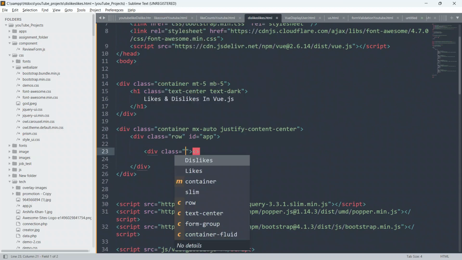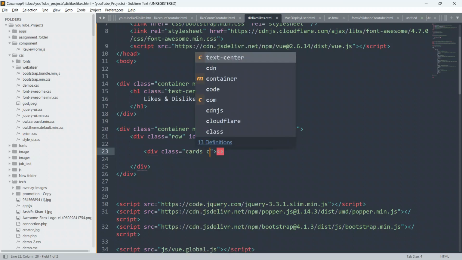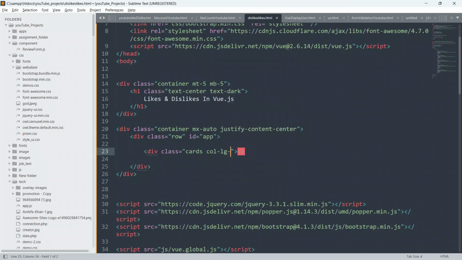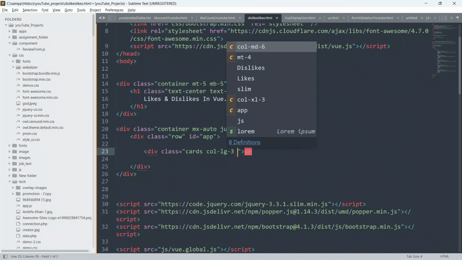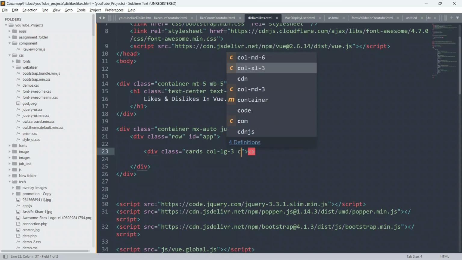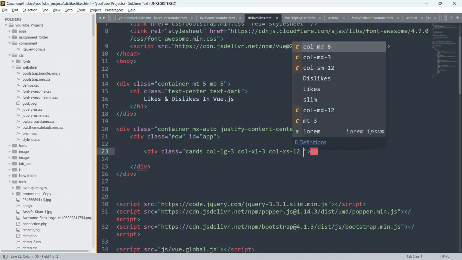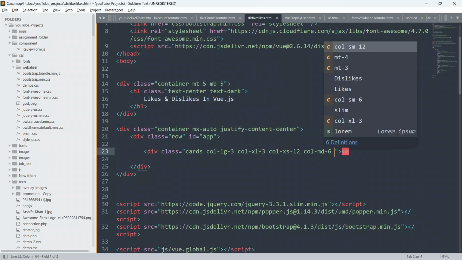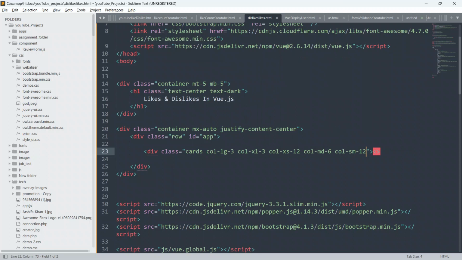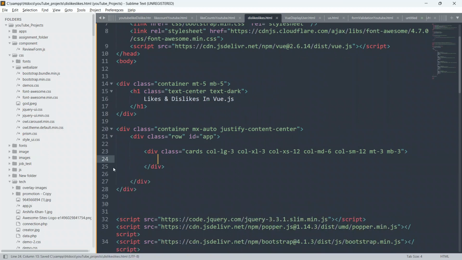Give it the class cards, and also col-lg-3, col-xl-3, col-xs-12, col-md-6, and col-sm-12, and I also give margin top 3 and margin bottom 3. First of all close this div and open this div, and I have to give the class mx-auto as well.